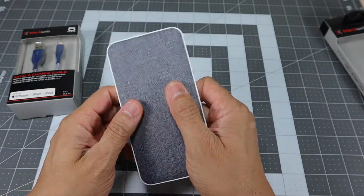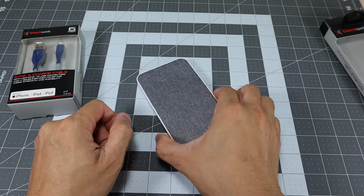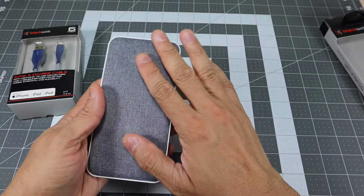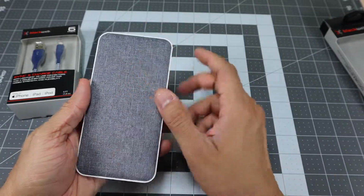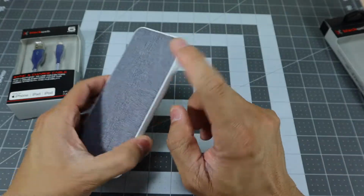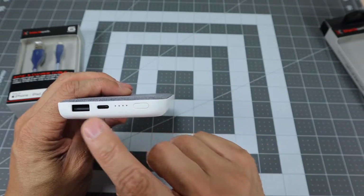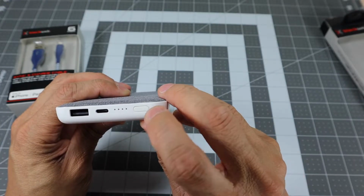So it's a nice kind of rubberized feel to it, so I don't foresee it slipping or anything like that. And then it just has this kind of denim look to it, which is really cool. I thought it looked really, really nice. I would almost want it to be black with the denim look, but again, this is the only color they had available. On the side, you do again have the 2 ports, and then you have a little button here,